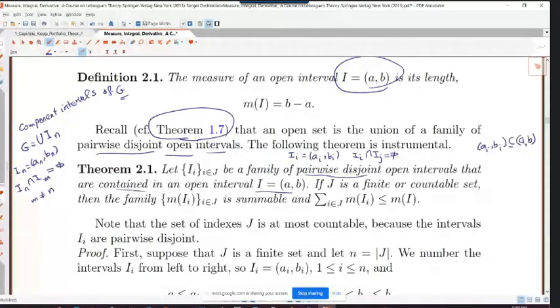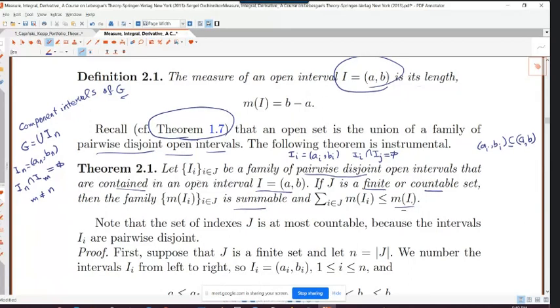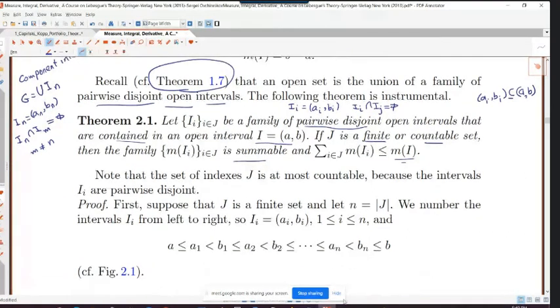Then if J is finite, the summation, the sigma of M of I where I belongs to J, is less than or equal to M of I. It seems trivial, but we prove it here. But note that the index set J is at most countable, so it is finite or